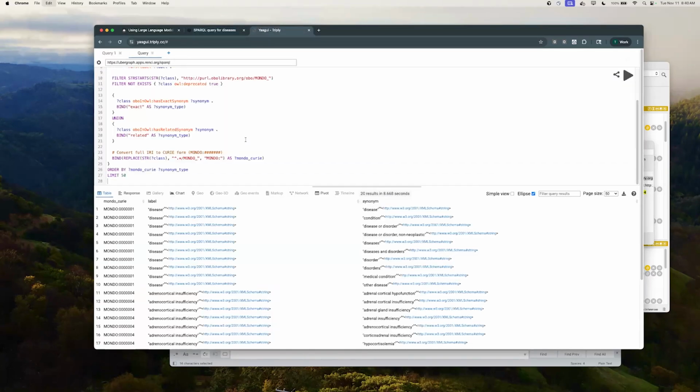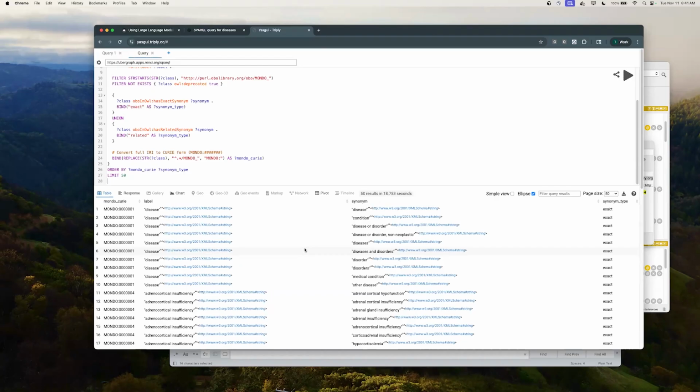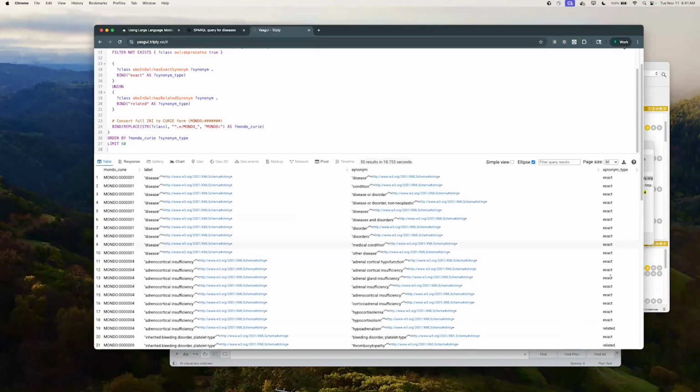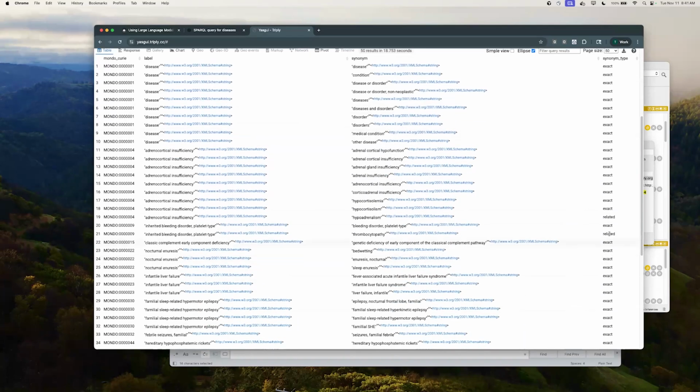And so we can run this query. And here I increased the limit just so we can get down to some examples where we start to find terms that have both exact and related synonyms. Okay. So now this is pretty similar to the results of the previous query, but now we have an additional column which says what the synonym type is. And if we scroll down, we can see that,